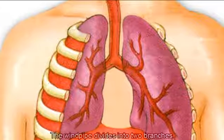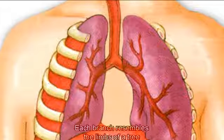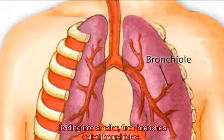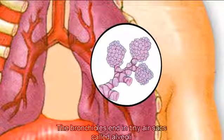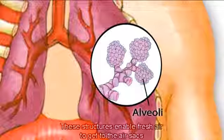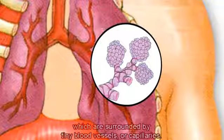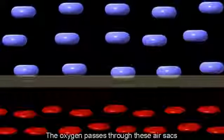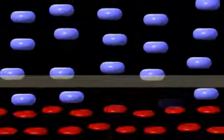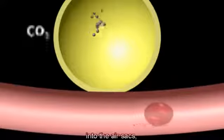The windpipe divides into 2 branches, and each one of these enters one of the 2 lungs of the body. Each branch resembles the limbs of a tree, dividing into smaller, finer branches called bronchioles. The bronchioles end in tiny air sacs called alveoli, which look a bit like grapes. These structures enable fresh air to get to the air sacs, which are surrounded by tiny blood vessels, or capillaries. The oxygen passes through these air sacs and travels through the capillary walls into the bloodstream. At the same time, carbon dioxide transfers from the bloodstream into the air sacs, where it gets breathed out of the